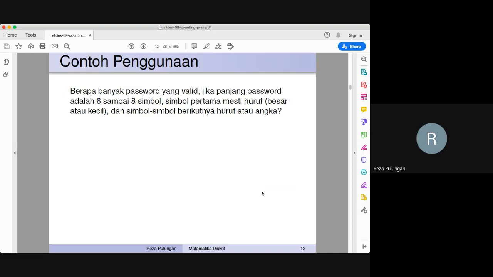So this is what we mean by counting. How many passwords can there be? If you know how many passwords there are, then you can imagine how we can try to do brute force, basically, to try to guess. If you want to guess somebody else's password, how many guesses do you have? How many trials do you have to do to find the password? Okay. So how many passwords are there?